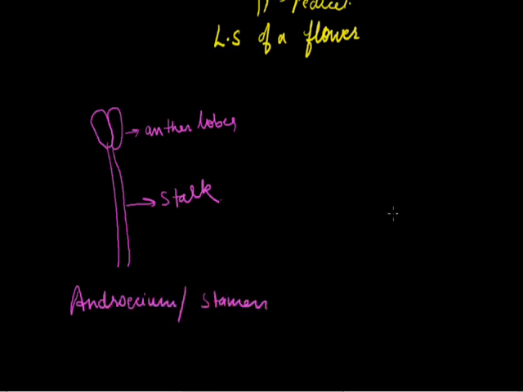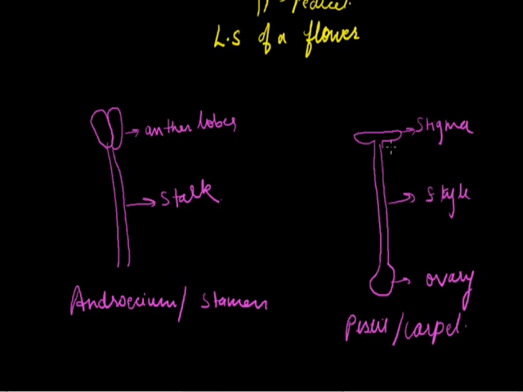On the other hand, if I draw a female part, it consists of a long structure. This long structure is called a style. On the top of this long structure, there is a flat portion. This is called stigma. This flat structure, which is called stigma, will receive the pollen grains, or anthers we can say, and